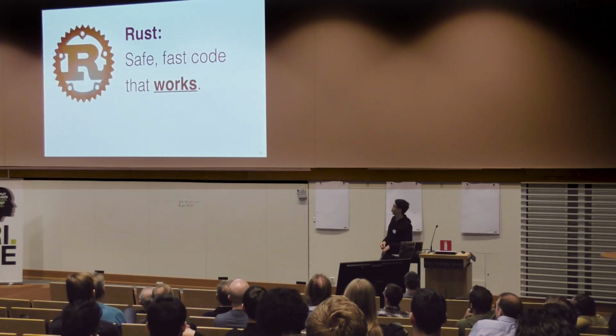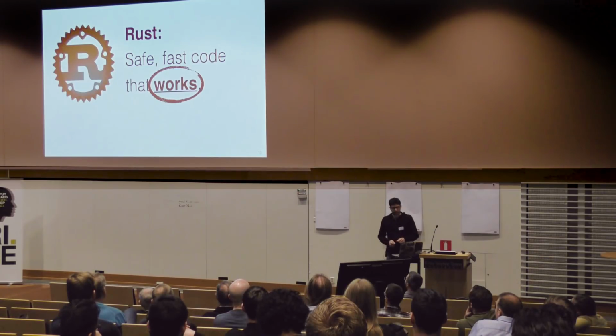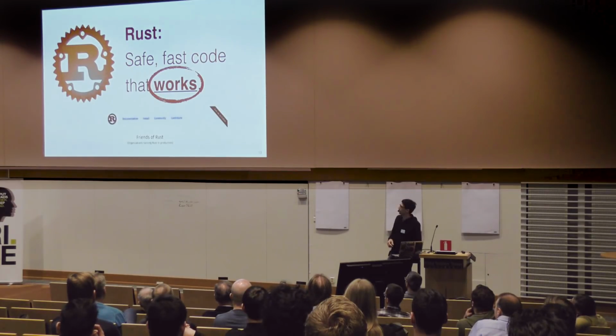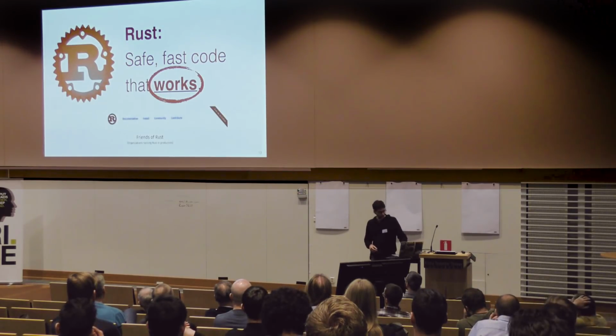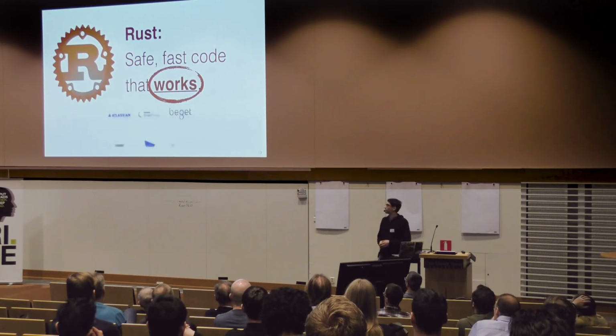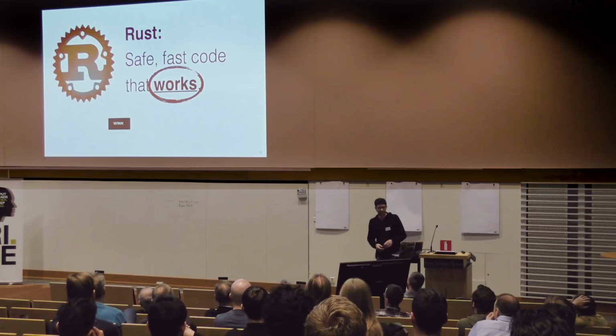Okay, so that was fast. Let's talk about "works" real fast, and then I'll get to the heart of the talk. So, kind of a pun here, I guess. "Works", I mean both that people use it at work. So there are like 100 companies or so now on our Friends of Rust page, which is some subset of the people actually using it. I won't take the time to scroll too slowly. You can go look for yourself if you want.